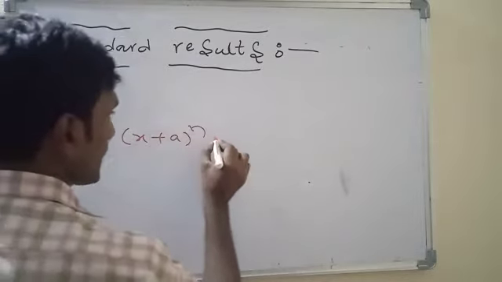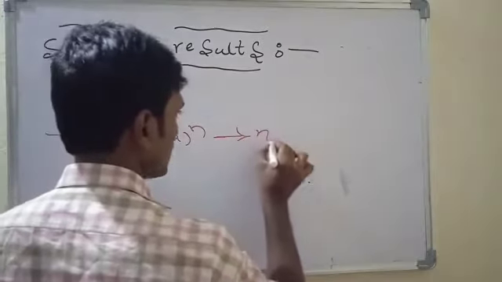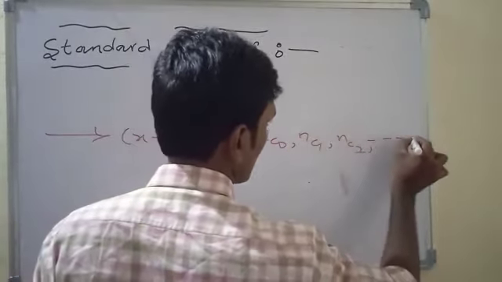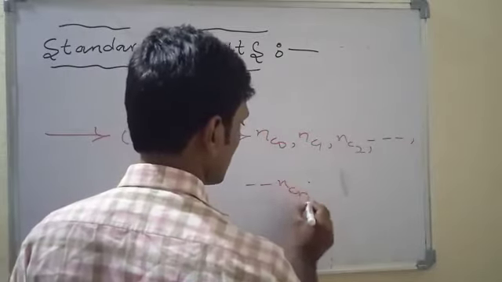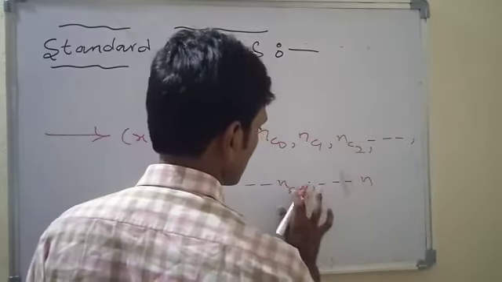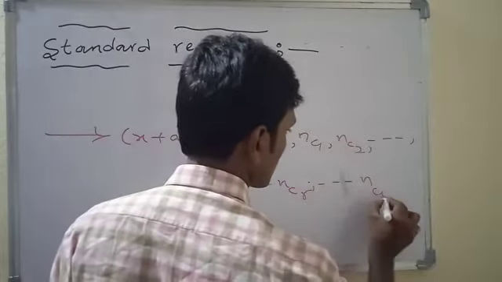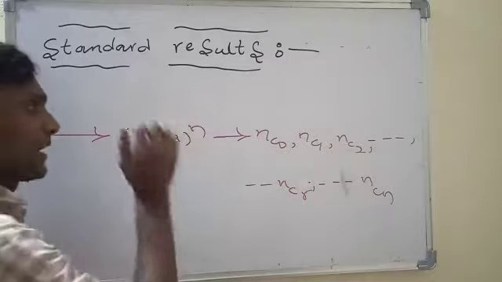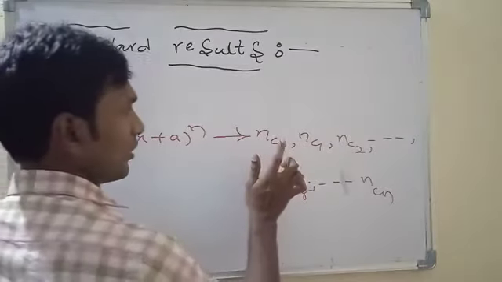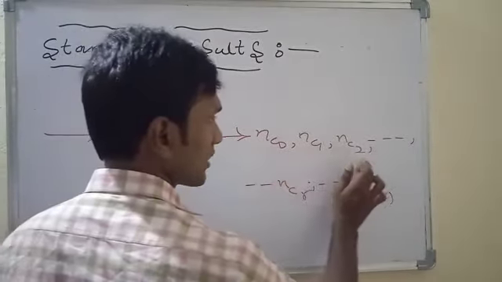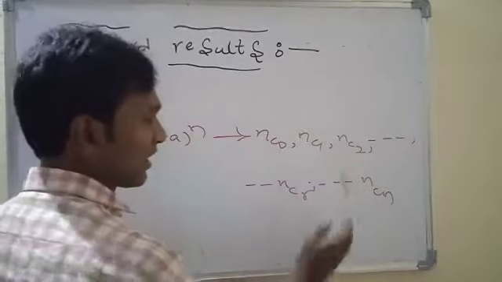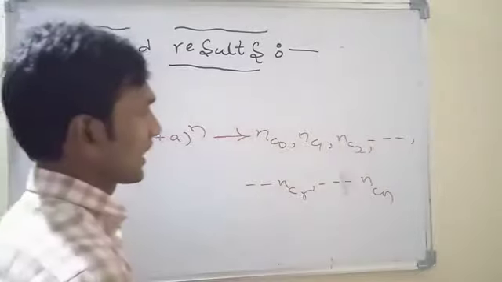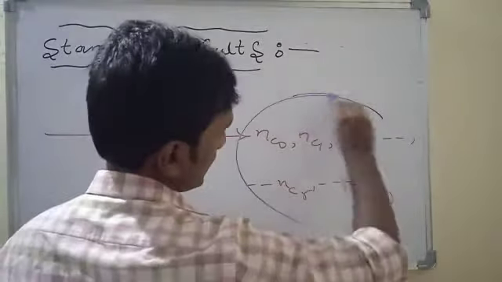In the expansion of (x + a)^n, nC0, nC1, nC2 and so on, nCr and so on, nCn are called the binomial coefficients in the expansion of (x + a)^n. For all these binomial coefficients,